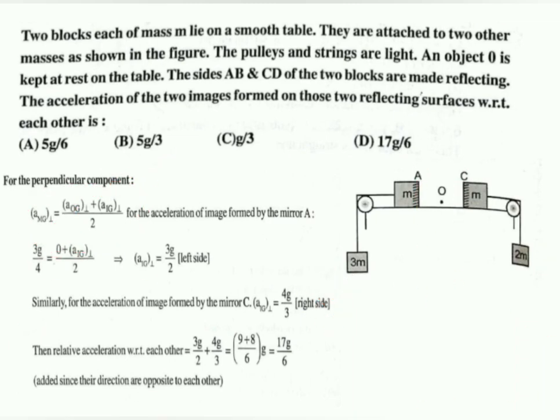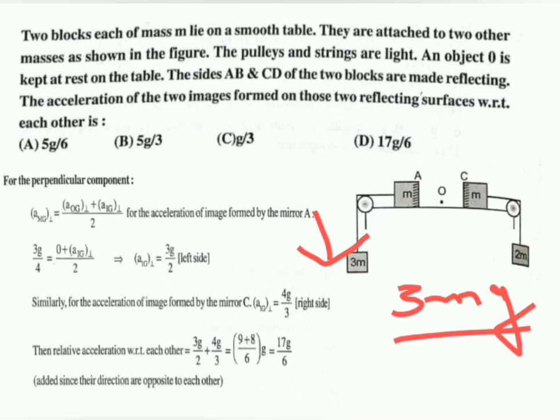We have already studied from Newton's laws of motion how to get the acceleration of the system. So first look at the left side block. With what acceleration is it falling down? Unbalanced force. What is the unbalanced force? 3 mg divided by sum of the masses, 3m plus m, that is 4m. M gets cancelled. What is the acceleration of the left block? It is 3g by 4.